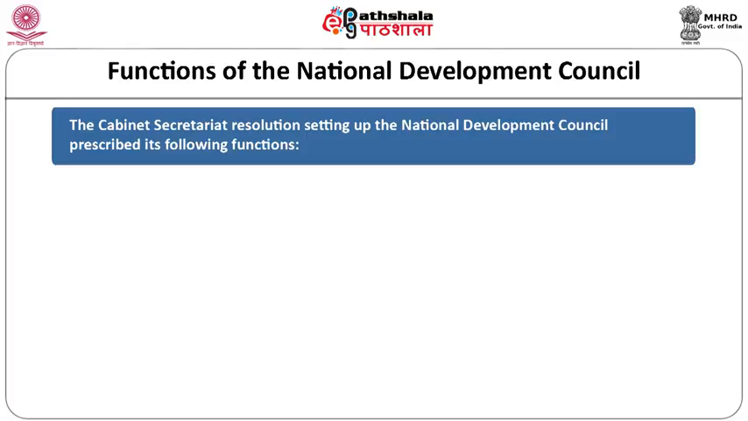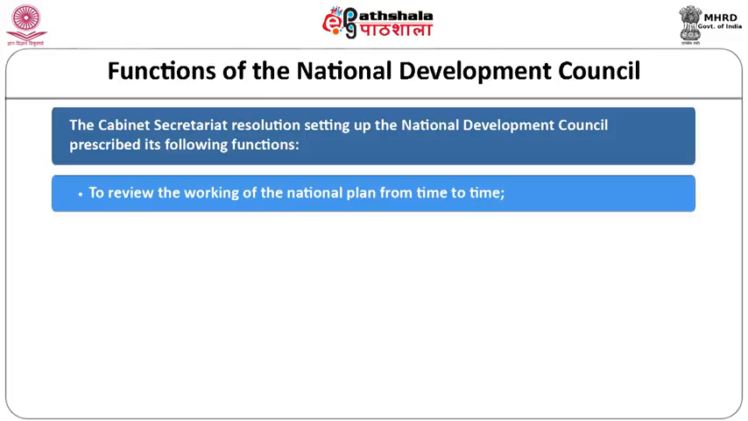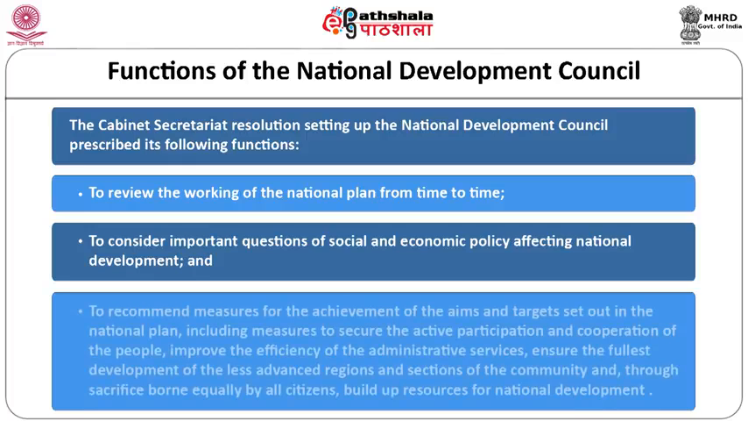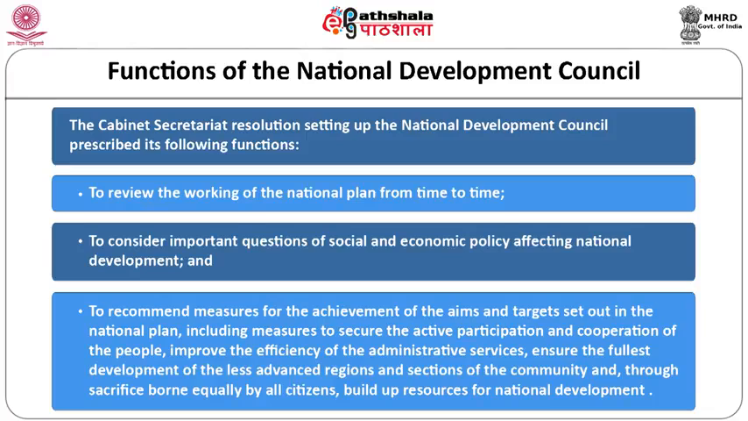Number one, review the working of the national plan from time to time. Number two, to consider important questions of social and economic policy affecting national development. Number three, to recommend measures for the achievement of aims and targets set out in the national plan, including measures to secure the active participation and cooperation of the people, improve the efficiency of administrative service, ensure the fullest development